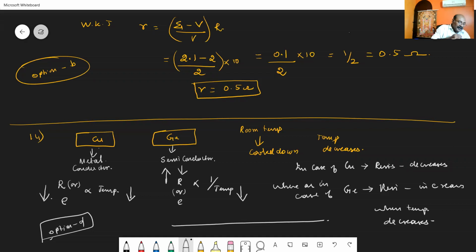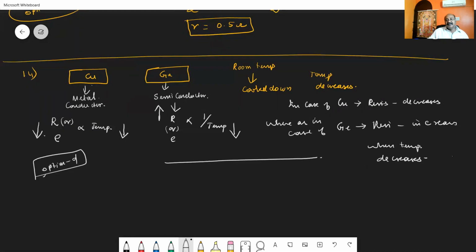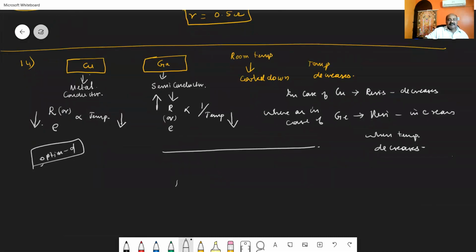Change it. So in Joule's law of heating, when R and T are considered to be kept constant, then H taken along the y-axis and I square taken along the x-axis, what will be the nature of the graph? It should be a straight line. H is directly proportional to square of the current. So the nature of the graph is a straight line. It is not a parabola, not a circle, not an ellipse. H is proportional to I square.